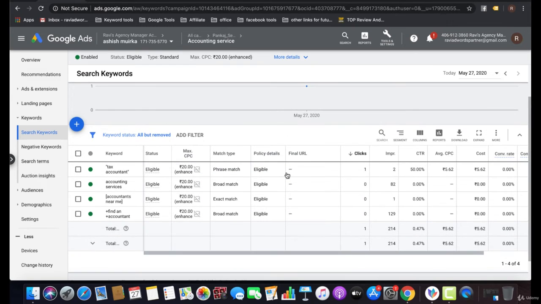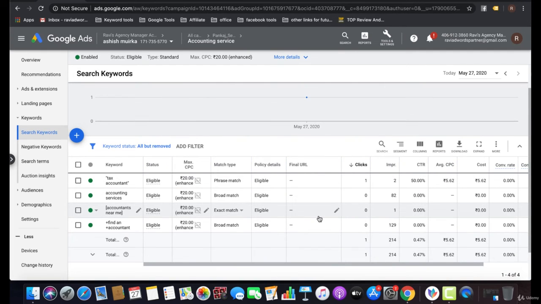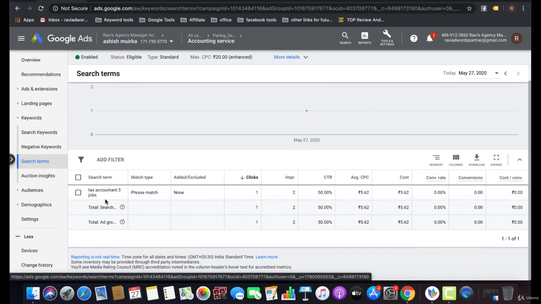My ads are being displayed, and I'm getting 5 rupees CPC for these keywords. This campaign was set up recently, and that's why it is not getting much data. So you can go to search terms as well. You can put irrelevant search terms into your negative keywords as well.